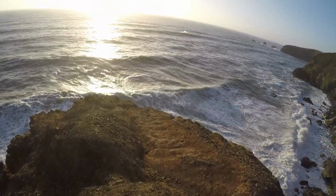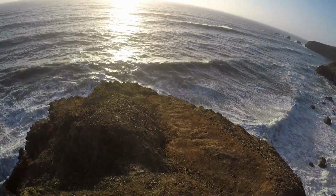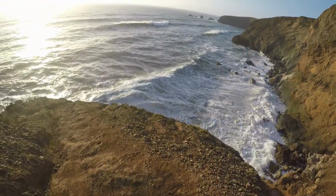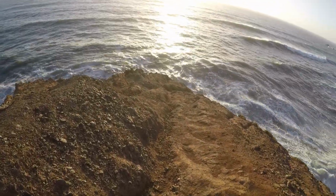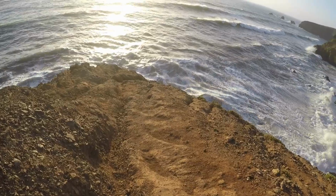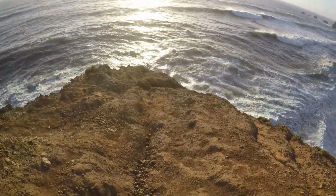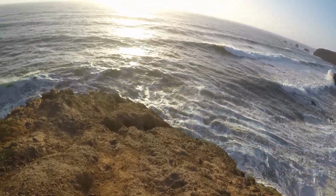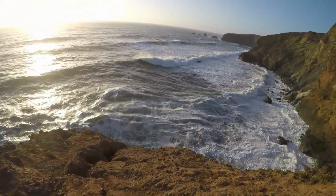You can see what you got here. Over there. It's getting a little bit too close to the edge, Joe. I mean, I don't think my 185 pounds is what this cliff's been waiting for to fall into the ocean, but that'd be kind of a bummer if that's all it needed. You're taking your chances when you come out in places like this. Really taking your chances. Really not advised,